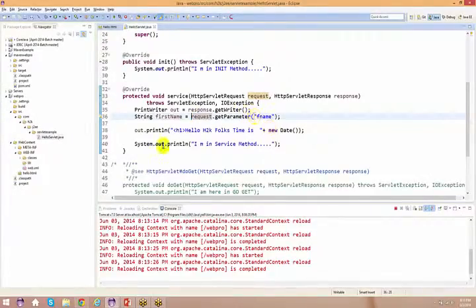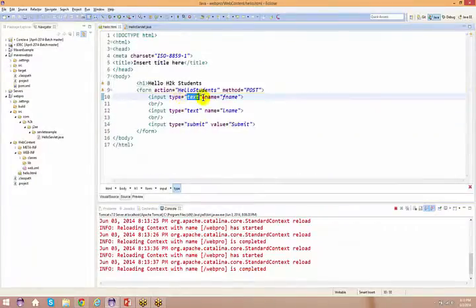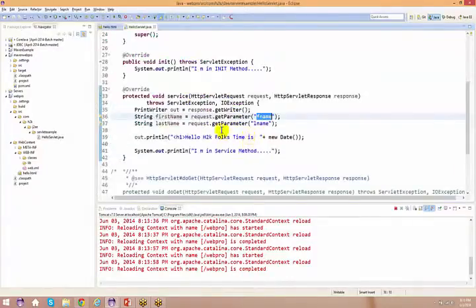All right, now I got my first name, I got my last name, so I'll just copy this, paste it here and just say lastName. So request.getParameter of lastName. So this particular field corresponds to the name of the input type text. So the one which you give it here, the same thing you are supposed to access it from there. So you say request.getParameter of firstName, request.getParameter of lastName. Okay, so what do I do out here? I just say